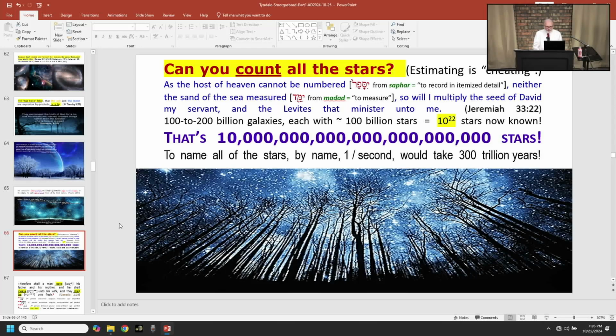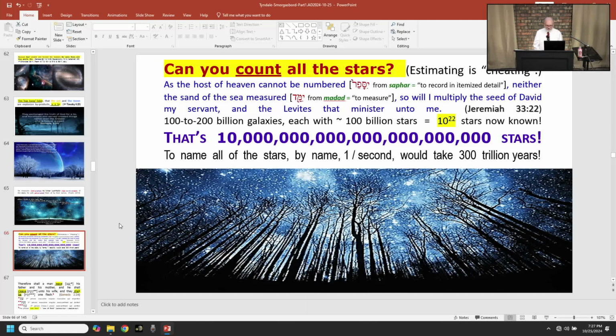Well, God said he will multiply the seed of David, and he also knows all of that information himself. So the current estimates are that there are 100 to 200 billion galaxies, and that each of those galaxies has about 100 billion stars. That's just the current estimate. Now, my guess is that as technology increases and they can see more of what's out there, that number will go up, not down. But just with what they think is out there now, based on the technology we have today,